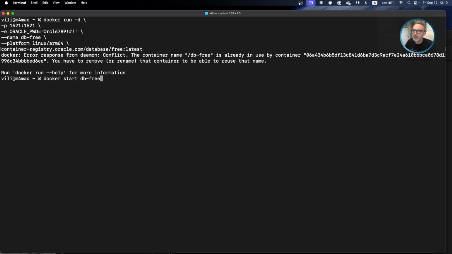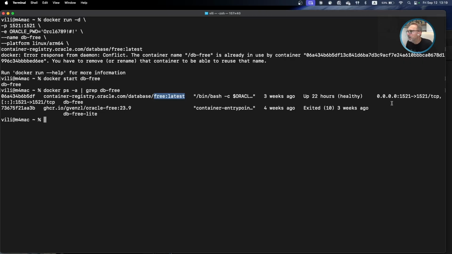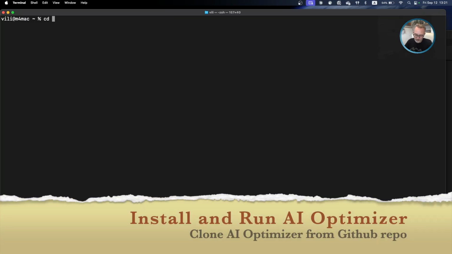We can just start the database by running docker start and the name of our database image. Okay, so now it runs. We can check if it runs with the next command, and it's running under the name db3.